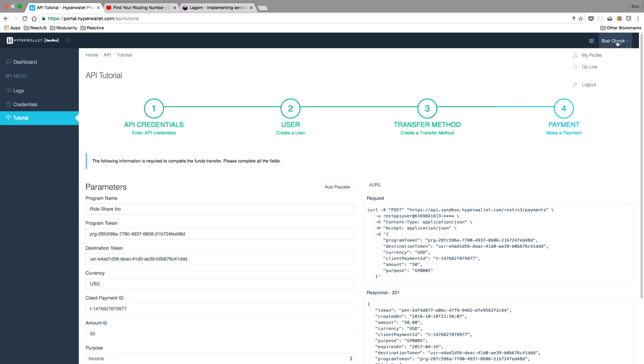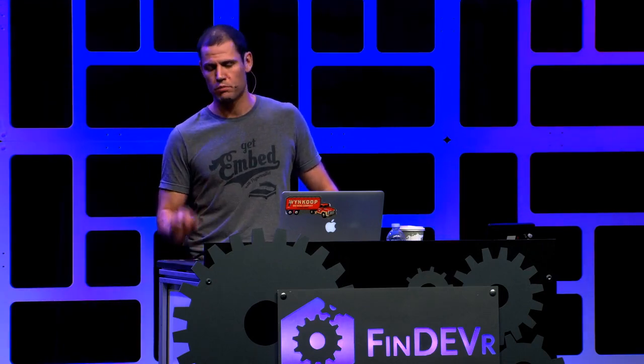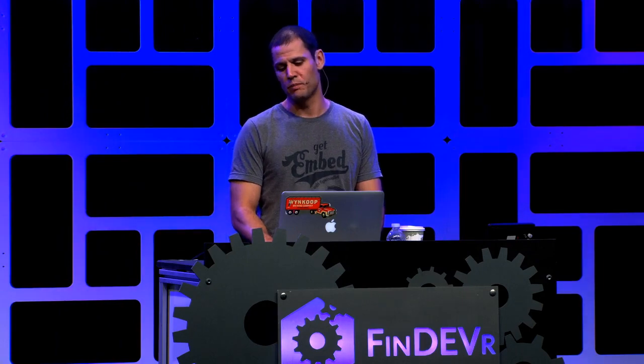There's one last thing I'd like to cover, and that's our Go Live feature. Not too long ago, one of our first clients using this API came to us and said, hey, we're having problems making payments into Central America and some Asia Pacific countries. We went back to them and said, take a look at our sandbox and let us know. This probably will work for you, but give us an assessment. They came back a couple days later and said, perfect, this will work. We'd like to start making payments tomorrow. So we had to implement something that allowed people to get a set of production credentials right once they've completed their integration.